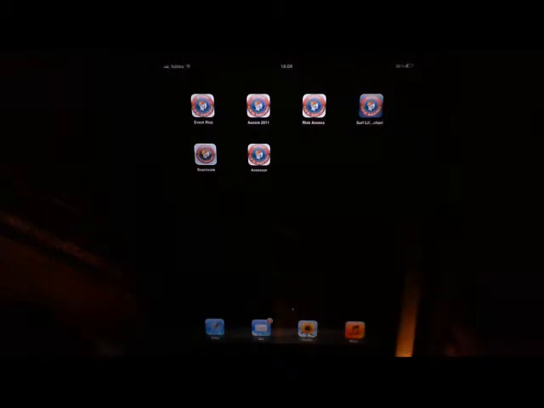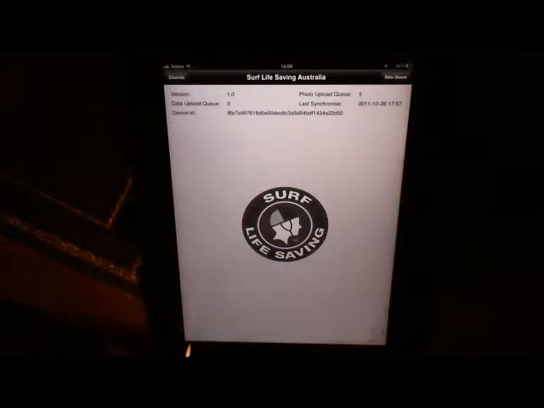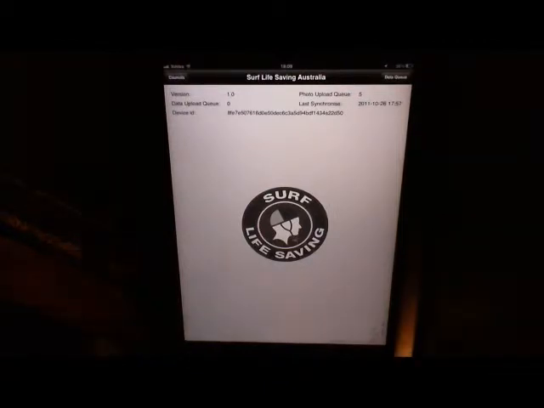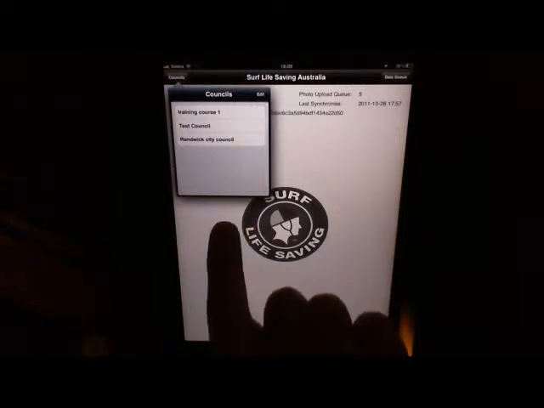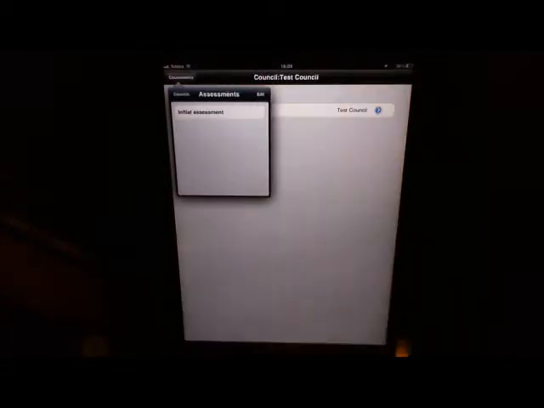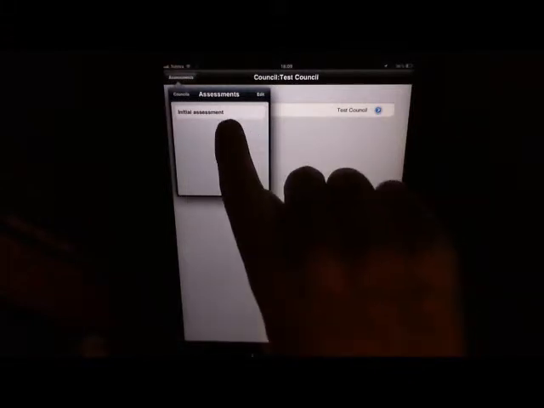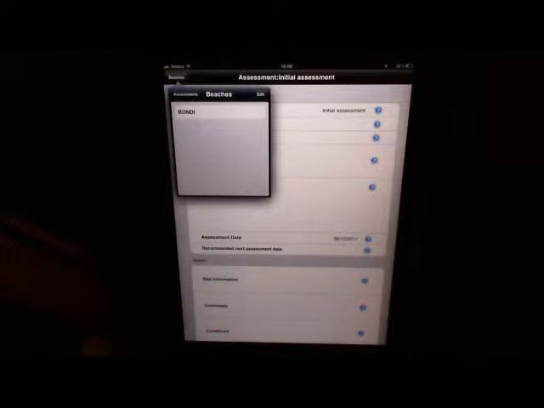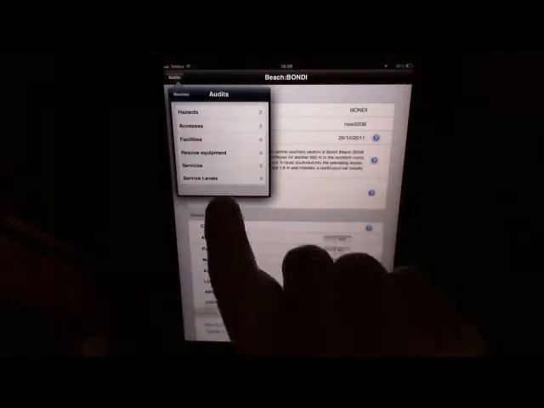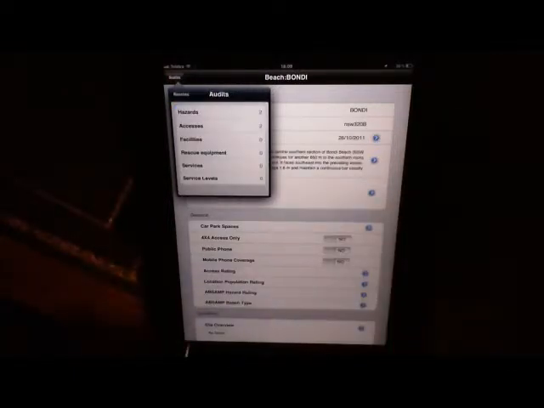So to start the application, we click on the Assessor icon on the desktop of your iPad. And that takes us through to the splash screen of the application. We then click on the Councils button at the top left hand corner, which will bring down our Councils menu. And Test Council is the one we've entered previously, so I'll select that one. And then we get Initial Assessment for the assessment type, which we entered before. Bondi is the beach that we entered, so I'll select that one, and that takes us through to our audits